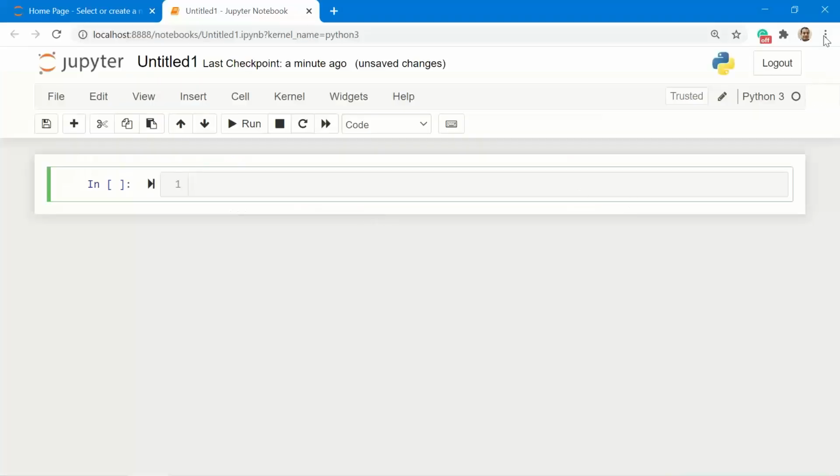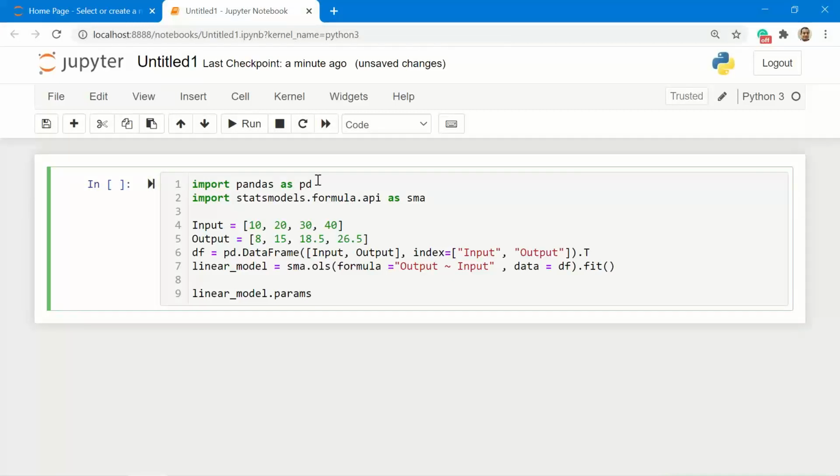So here I've got this Jupyter Notebook which is launched. I'm just copy pasting this entire thing. I'm using pandas, statsmodels, creating input and output lists, and then converting it into a data frame. And here using the statsmodels API, I'm running OLS. OLS stands for ordinary least squares.